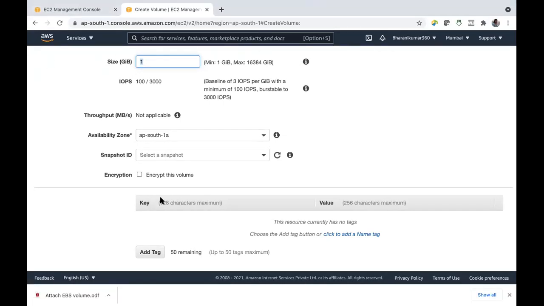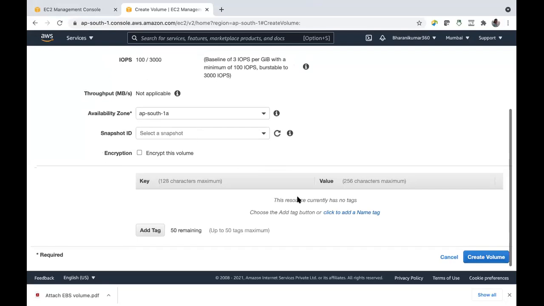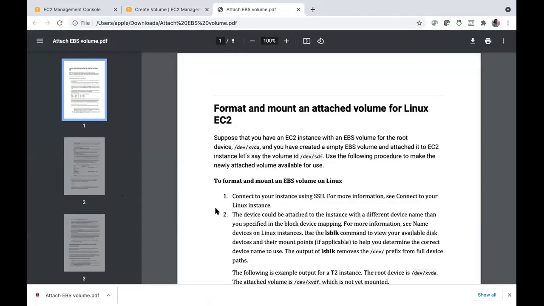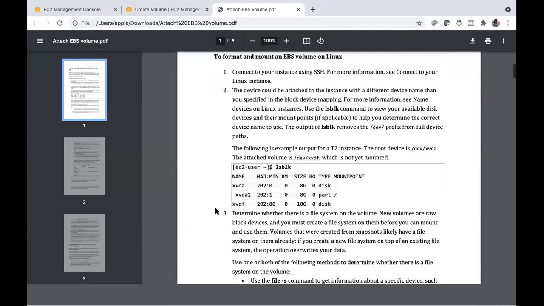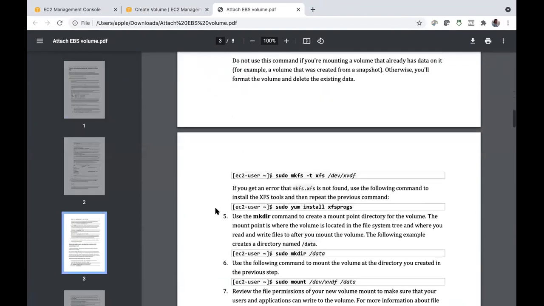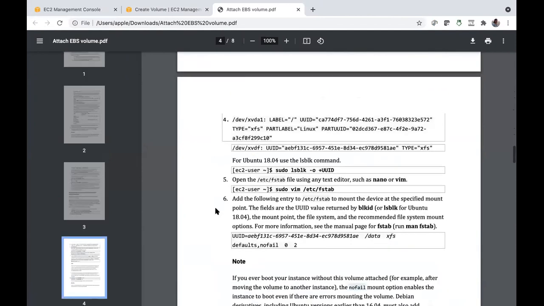Okay, let's start. So everyone done? Created your volume? Okay, and also I'll post this document in the chat box. So you can go through this.